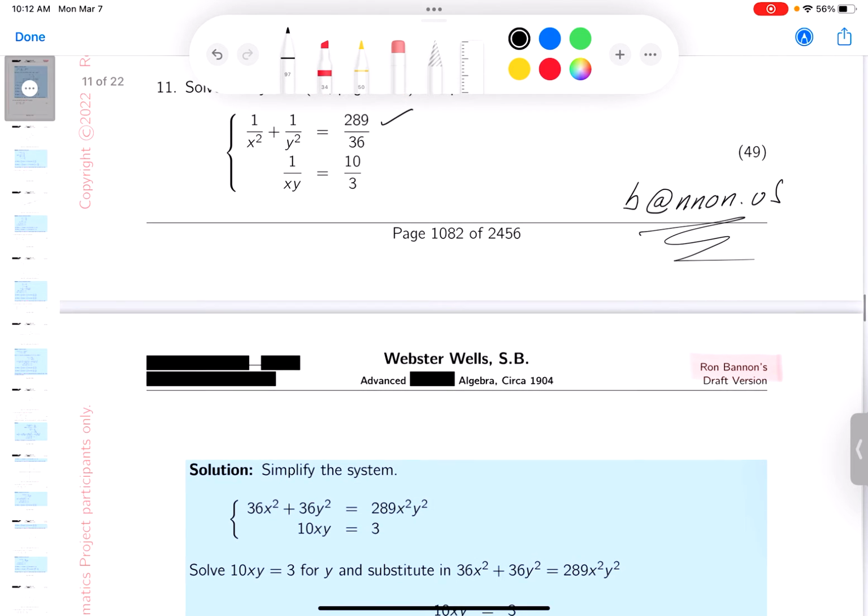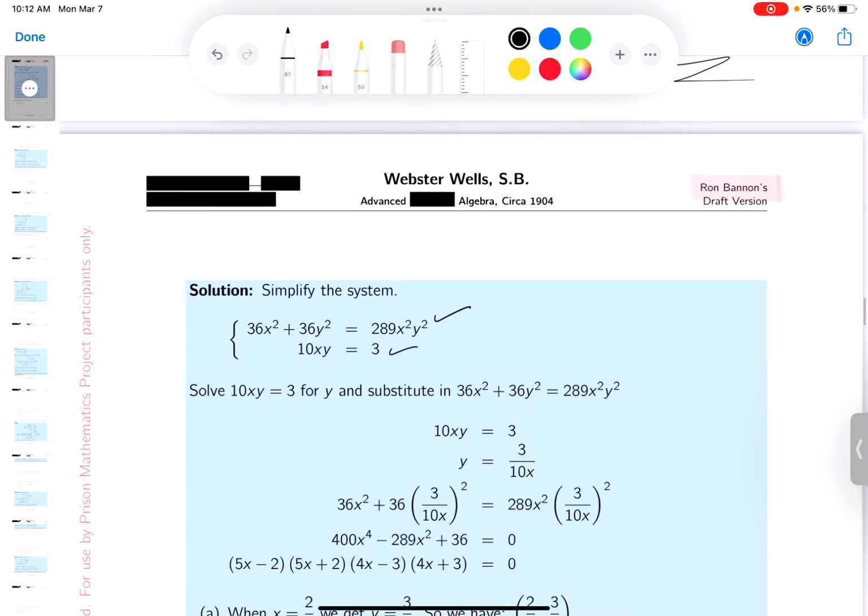You get something that's relatively simple. You get this over here, no fraction. It makes it a lot easier to deal with. And this one over here, again, I'd recommend multiplying both sides by the LCD, and you'd get something pretty simple. You get this over here. The next thing I want to point out to you is that kind of looking at it, I'm trying to make it a little bit easier. And looking at it, I'm seeing this, and I'm seeing this, and I start to say, you could do a